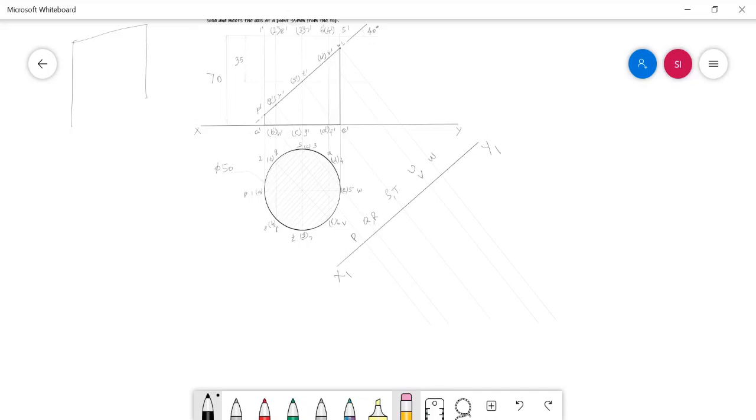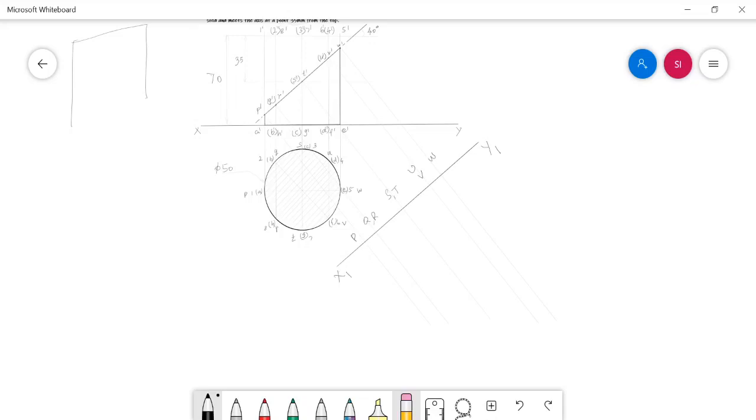So you have to measure the distance between each cut point and the XY line, and mark the same cut point in their respective projector at the same distance from the x1 y1 line. Like the previous problem only, here also we have to mark the cut points.